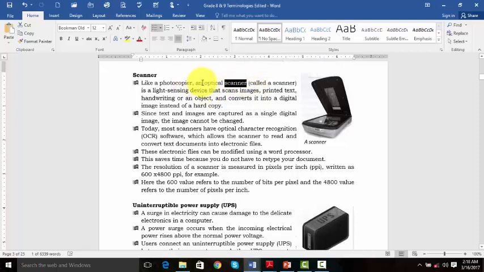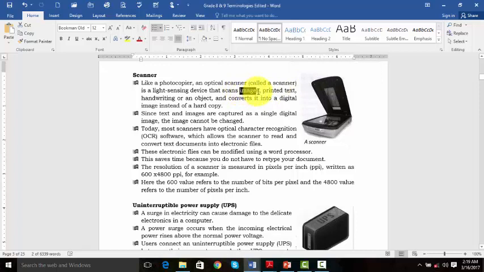So now it uses a system which is called optical. You are able to see it if you have ever seen a scanner or a photocopier. This optical sensing light captures the images on our hard copy, which are transformed into electronic files. Such hard copy files which are scanned include images and also printed text.